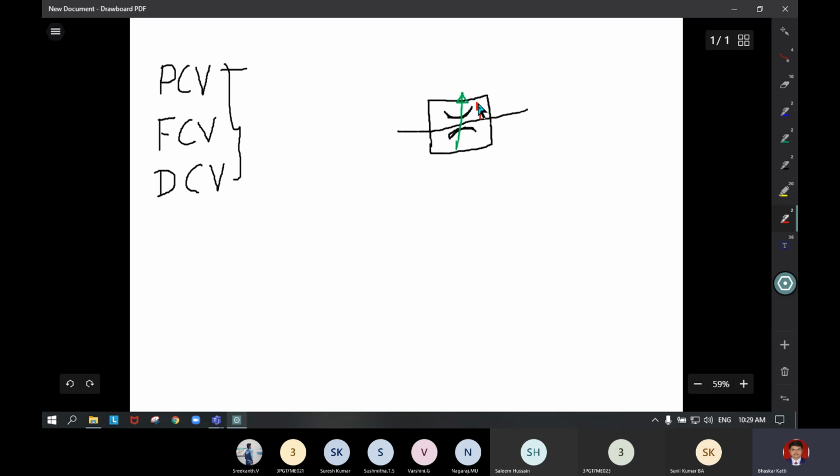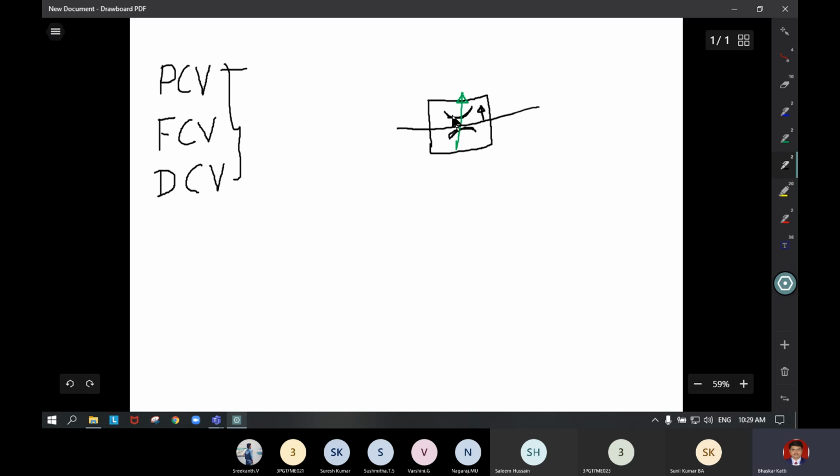then it represents pressure compensated. The arrow mark written here as a vertical line is under the ISO standard. In the ANSI standard, the arrow mark should be written along with the line like this. So both ways you can write the arrow mark, and this indicates a pressure compensated one. Better you practice the vertical arrow or horizontal arrow, both are correct. We need to represent an arrow inside the valve body. That is most important. It is pressure compensated.